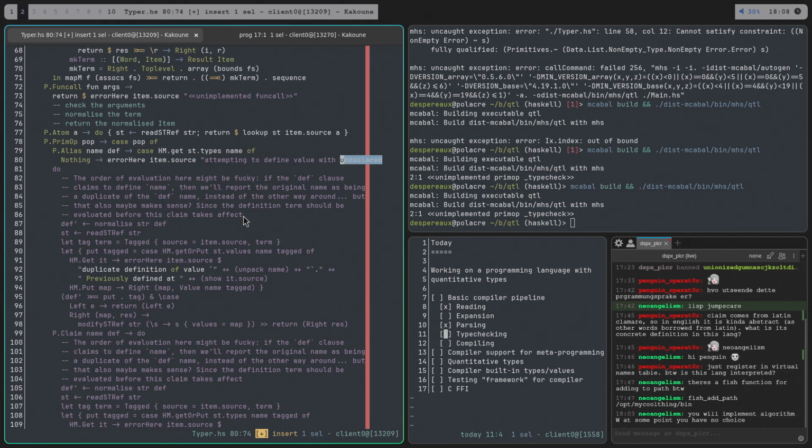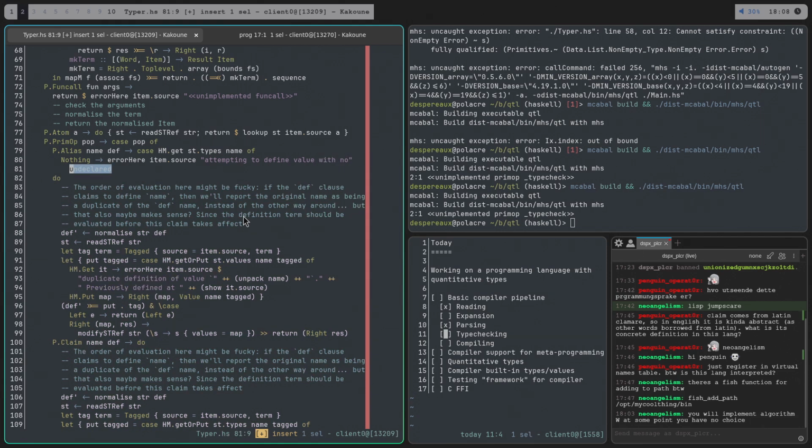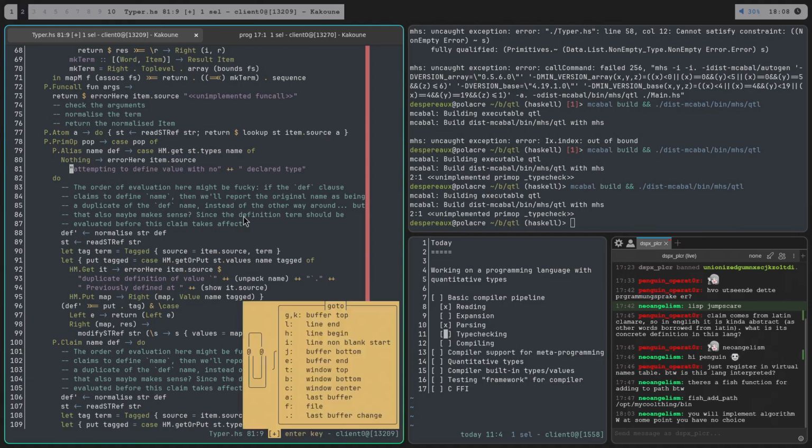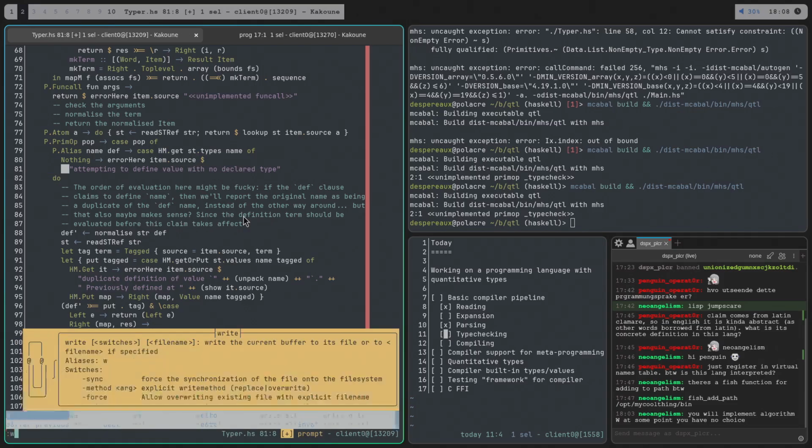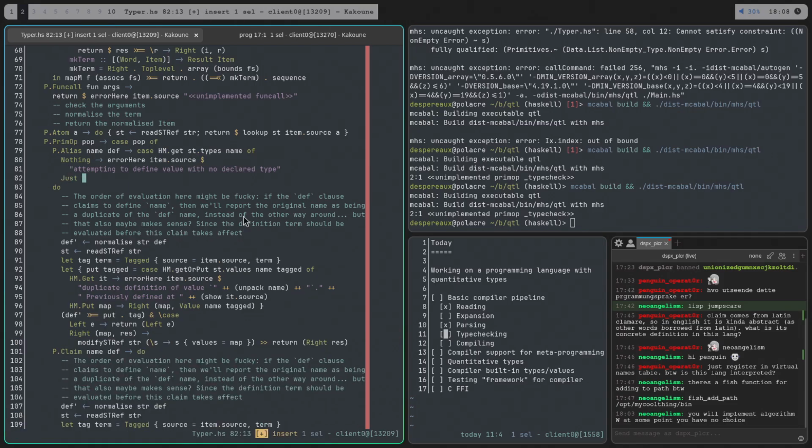Value with no declared type. We might even just put that down there. And for clarity, do that. Okay, and then if we do have a type,